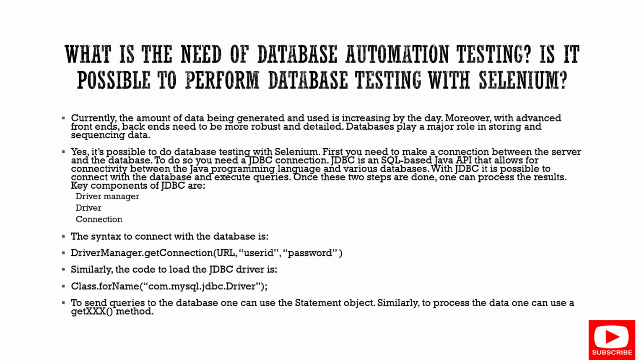In customer facing applications you will see tables or grids that need to have dynamic data. Where is the dynamic data coming from? It is coming from the database. So you need to be very thorough in testing the database as well when you're working with any customer facing application. And it is possible, we can do it with a JDBC connection. If you know the JDBC concept, then you can set up JDBC at your project level and then you can perform database testing.